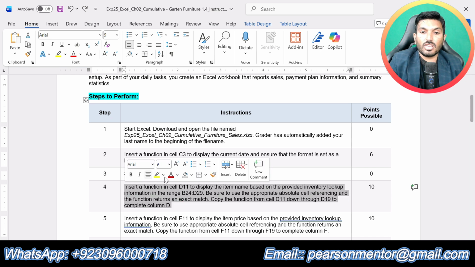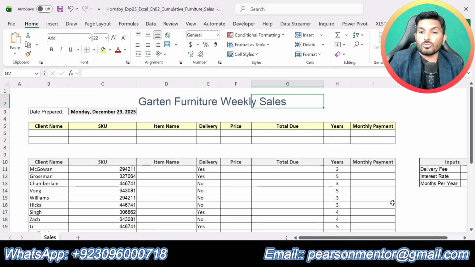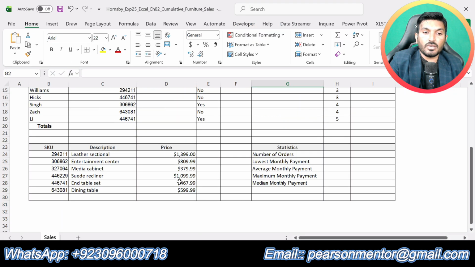Now let's do step number 4. Step number 4 is saying insert a function in cell D11 to display the item name based on the provided inventory lookup information in the range B24 up to D29. So B24 here up to D29.